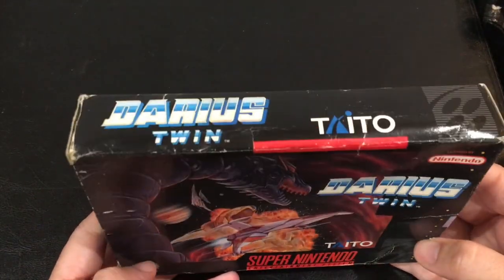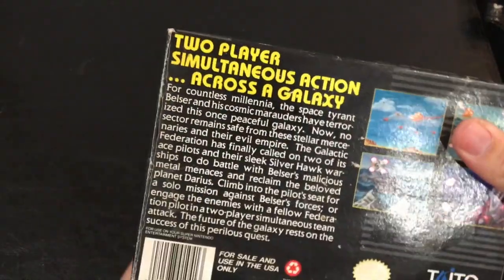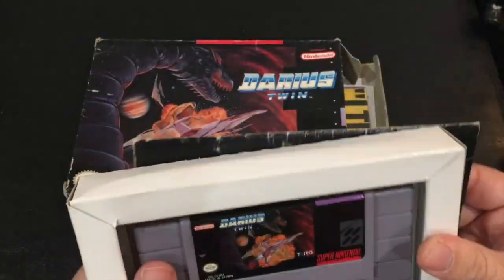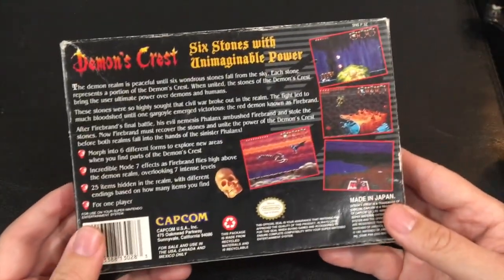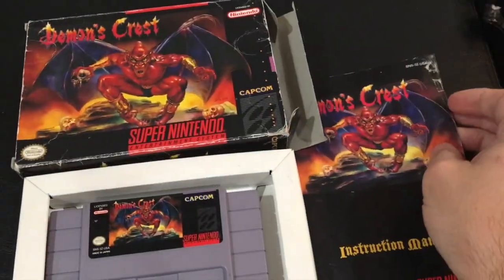Darius Twin, very cool shmup on the system. I'm glad to have the box and manual for it now to have it complete. Yeah, we have Demon's Crest. Oh my goodness, I played this one early this year, and I'm in love with this game. This is one of the few games I completed in 2020, and it's a fantastic platforming game with some RPG